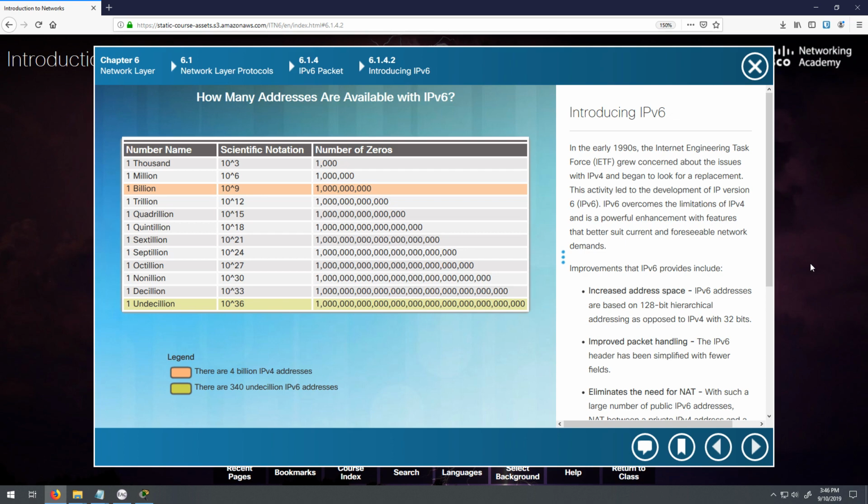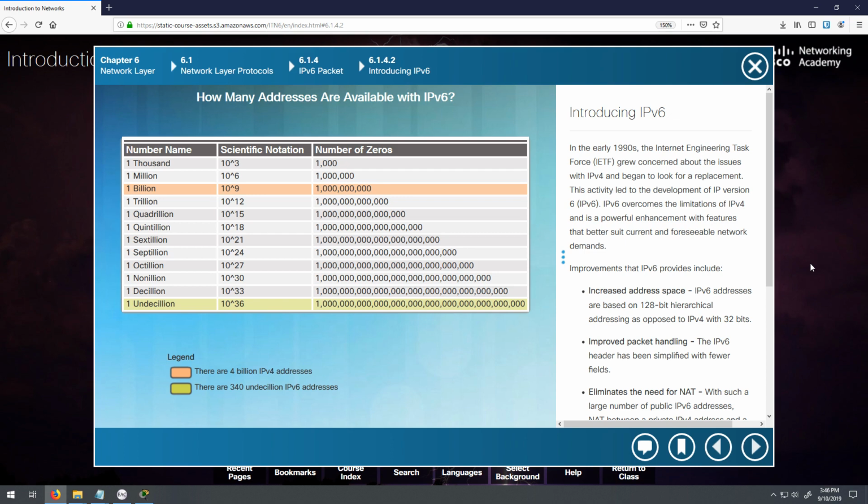Now, what the Internet Engineering Task Force said is, okay, this is going to be painful. It's going to be painful to change from one version of IP to another version of IP. We do not want to have to do this again for a very, very, very long time, because IP version 4 only lasted like 20 or 30 years. Okay, we don't want to have to do this in our lifetime for sure. So instead of just making a few more IP addresses, we made a lot more IP addresses. So we went from 4 billion IP addresses to